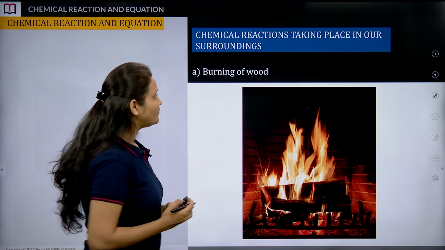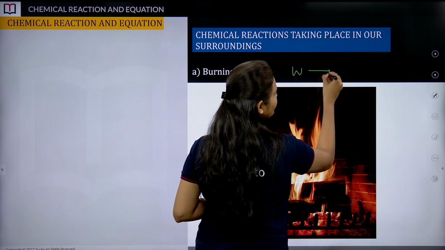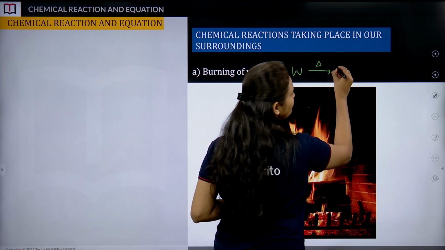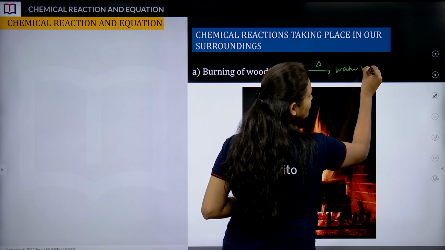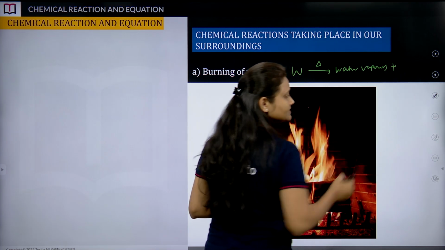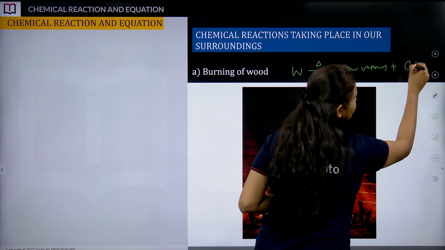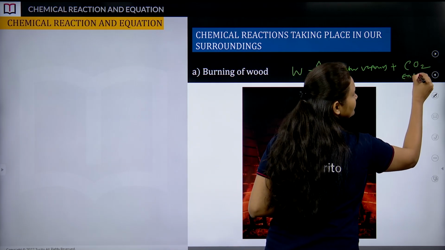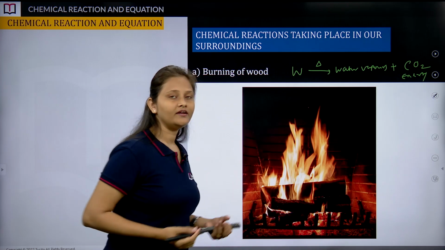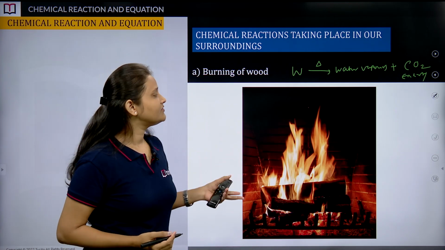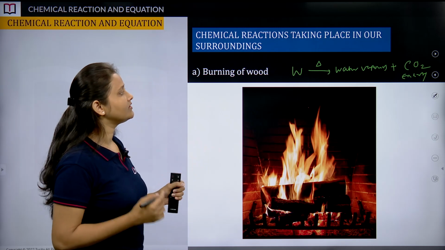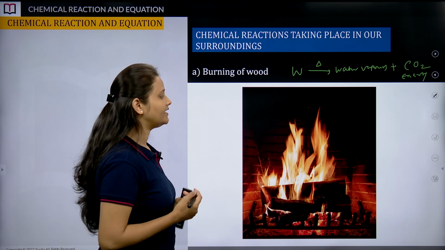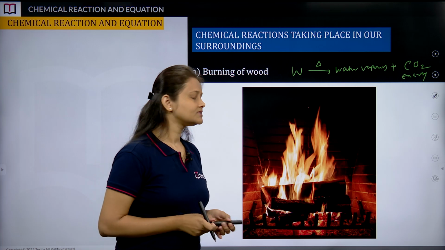How? When wood is getting burned, what happens? We get some water vapors, right? There is a formation of water vapors, plus one gas is getting released, that is CO2, right? And we are getting some form of energy: heat energy, sound energy, light energy. Generally this is what happens when burning of wood is taking place. This is a chemical reaction, a chemical change which we observe in our daily life. Do you all agree with this? Yes. Moving ahead,